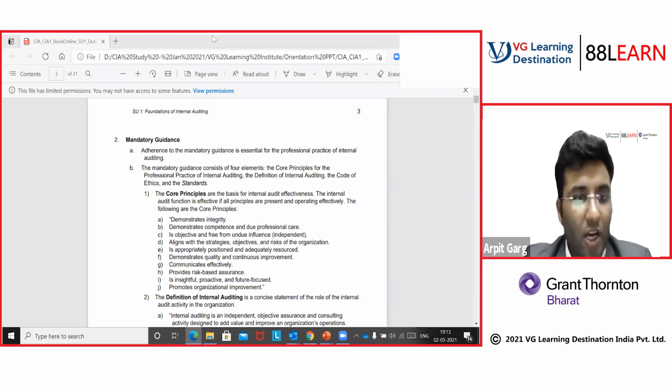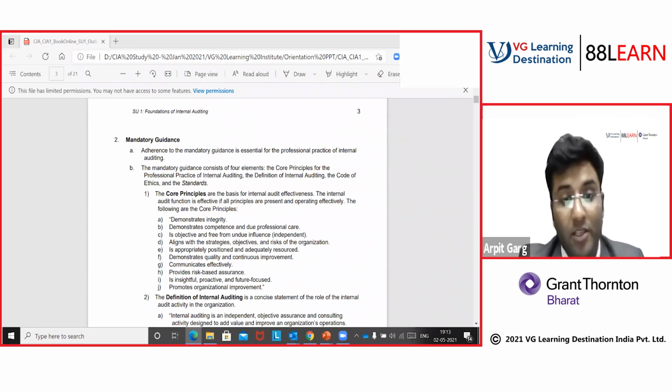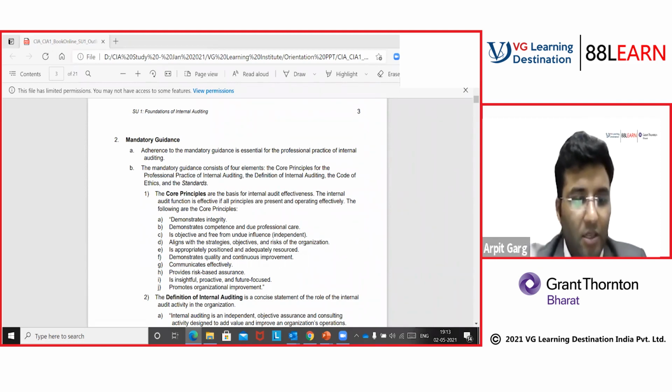Nirvana, Vishal, Sheetal, Prateek, Charan. Vishal says it's risk assessment and mitigation and value addition in process. Okay. Namita says mitigate the risk of potential fraud or any misstatement in financials. Okay. Charan says understanding the organization structure and process and provide the required assurance and improve the process. Okay, wonderful.